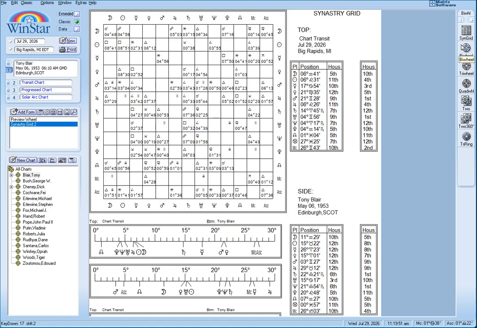What is important here is to show you the difference between the standard, the extended, and the professional version. This feature is still included in the extended and the WinStar standard.